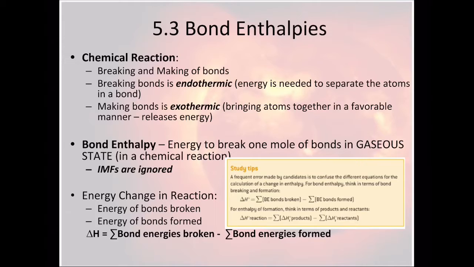So the specific making and breaking of bonds will have energy values associated with that process. Breaking bonds is endothermic. In order to do that, you need energy to separate the atoms in a bond, and after the bond is broken, we'll have a higher energetic state. And making bonds is exothermic. So bringing atoms together in a favorable manner releases energy to their surroundings and lowers the energy of the atoms